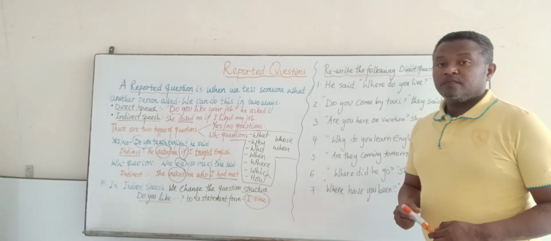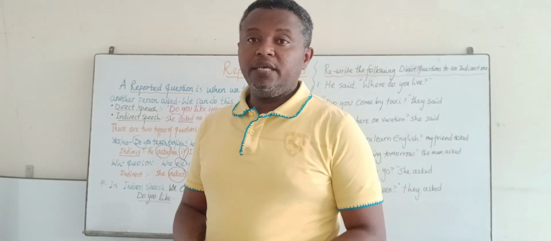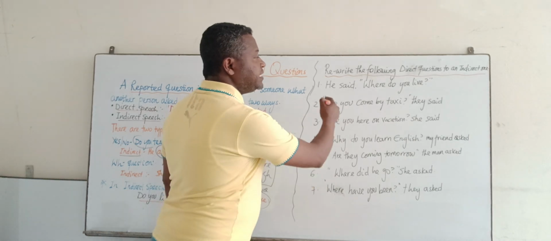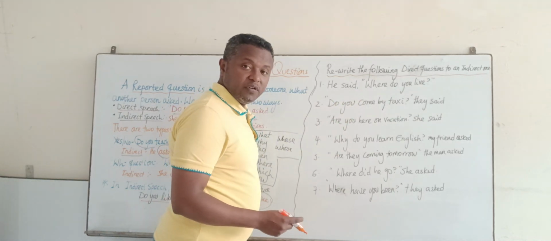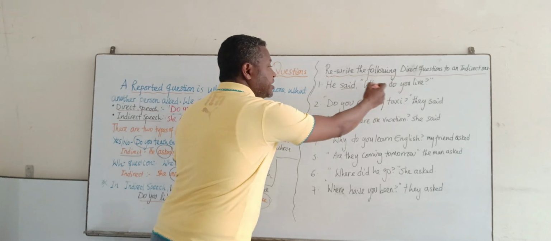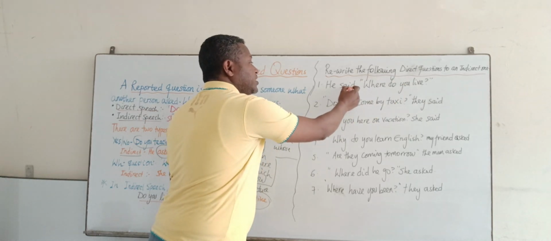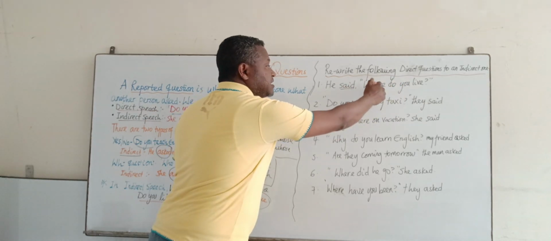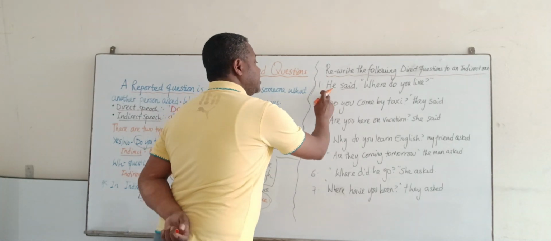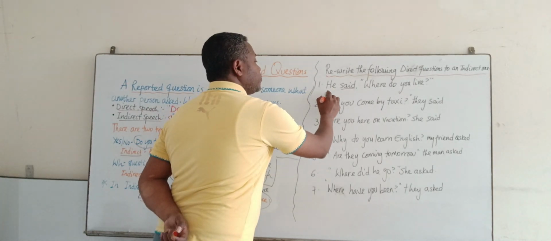So, are you trying? All right, so let's do it together. The first one, he said, where do you live? The reporting verb here is said, but the situation we have here is a question. So we need to use the appropriate reporting verb. So he asked